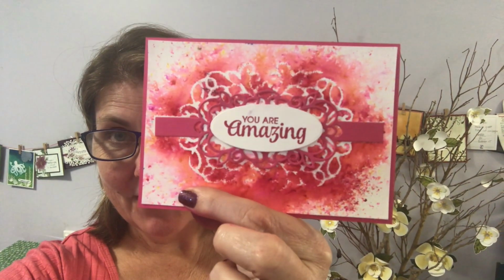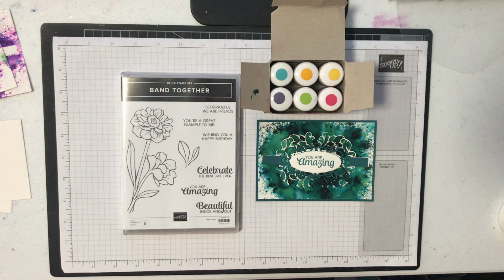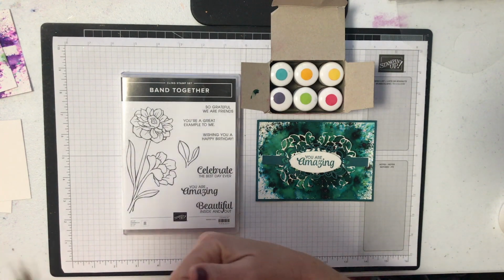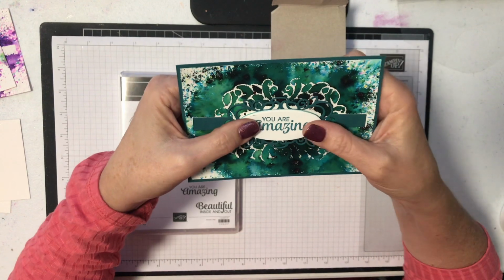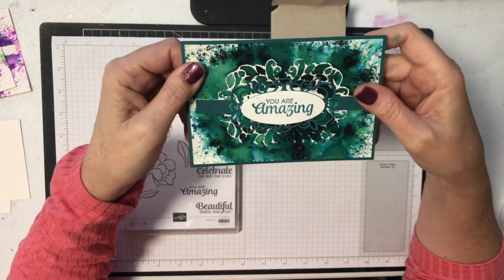I'm a demonstrator with Stampin' Up here in Australia, and today we're playing with the new pigment sprinkles because the colours are so intense. We're going to make this card right here, and I can't wait to show it to you. The card we're going to be doing today is going to be a version of this one, although I am going to do it in different colours, but I just wanted to have this one here